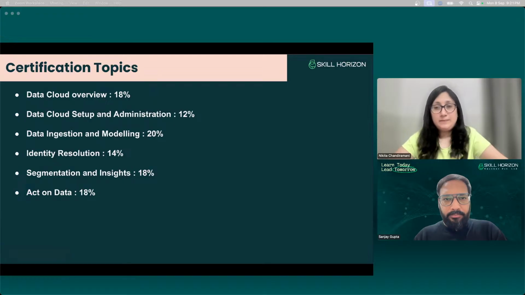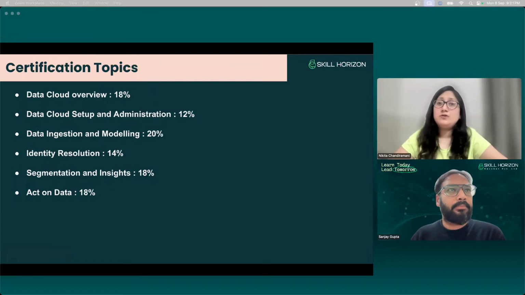That contributes 18% in the certification. Then Data Cloud Setup and Administration is going to contribute about 12% in the examination. Then there is data ingestion and modeling, which is going to be 20%.